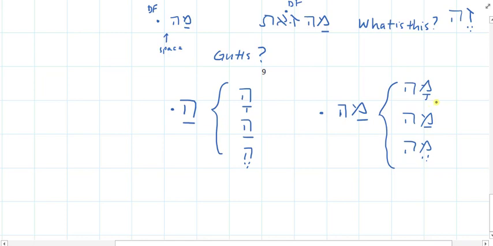Now, the chapter will tell you when you can expect which one, and it's actually very similar to this. So if I have a resh or an ayin, I'm going to see a resh or an aleph, I'm going to see this form, and then if I have the ayin, chet, or hey, I'm going to see this form, and then if I have some of the gutturals that have a kametz under them, then I'm going to see the segol hey here. So I'm not going to walk through all those forms, nor am I going to require you to memorize them. Okay, now